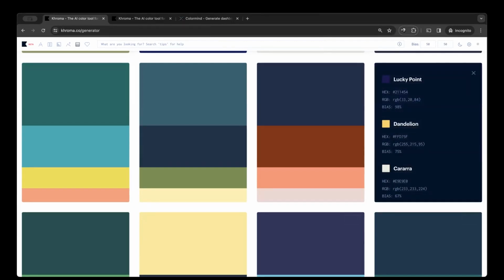Then you can open up Lucky Points. When you start a project, it's good to open a Word document or wherever you put your information, and start taking note of the color codes. I will do the same on my end here. I'll open a new tab and start putting in my colors. I'll give us about 1 minute to put that down, because these are the colors you're going to input inside Figma when we get there.